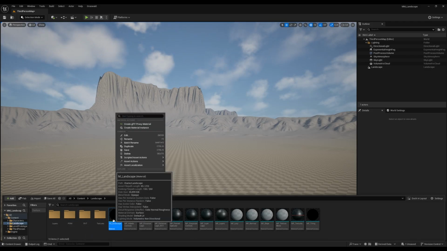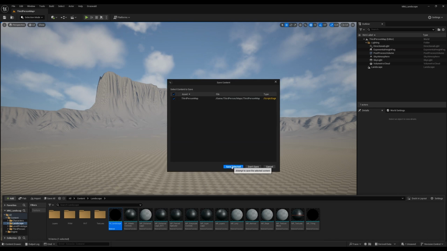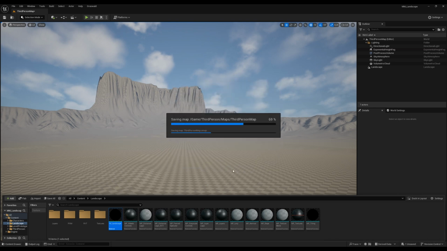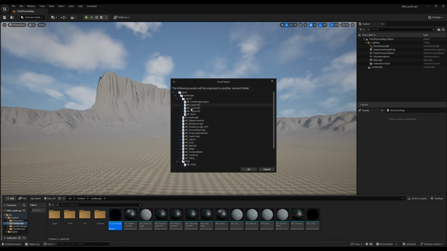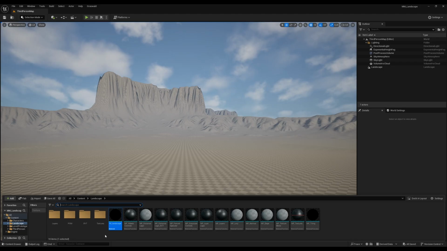this is it. So you can just basically right click on this _landscape material, go to asset actions, and then migrate it to your own project. Let me just save this for now. After you clicked on migrate, you will see all the material functions behind that. So the only thing you need to do is just create a material instance, but we will do this just